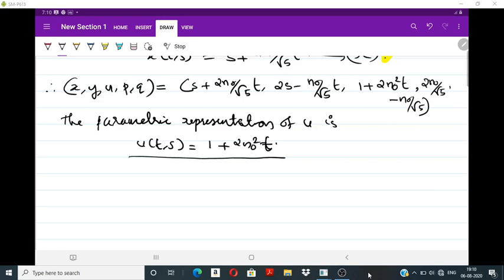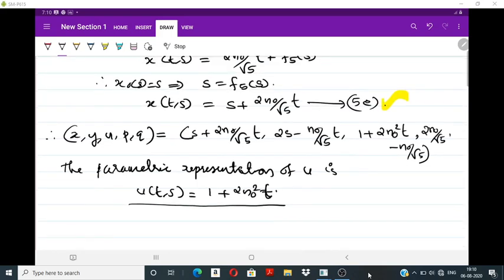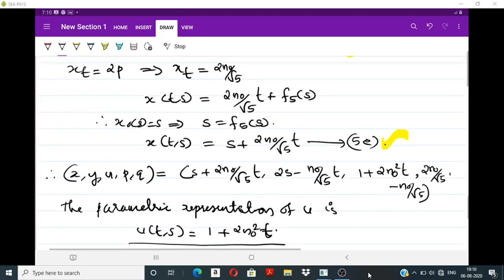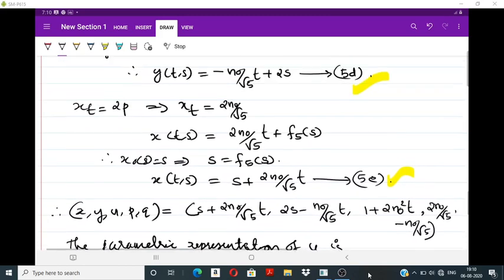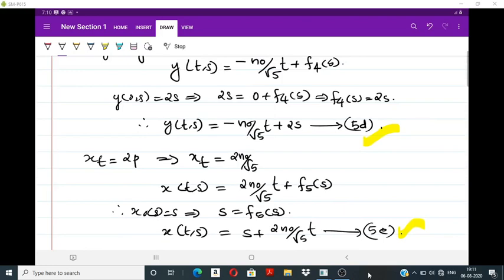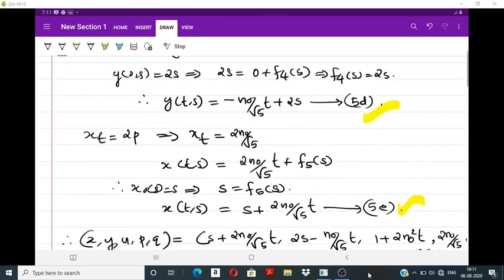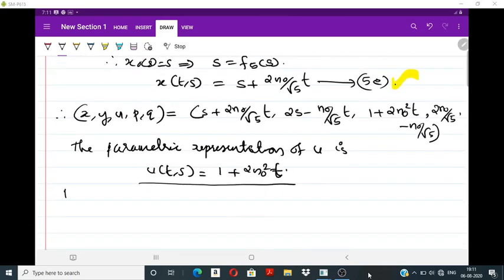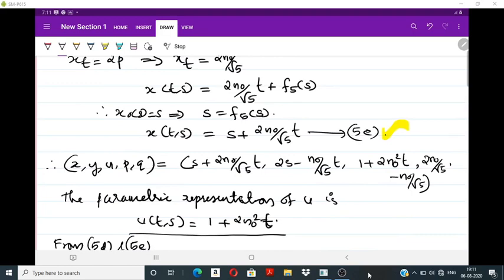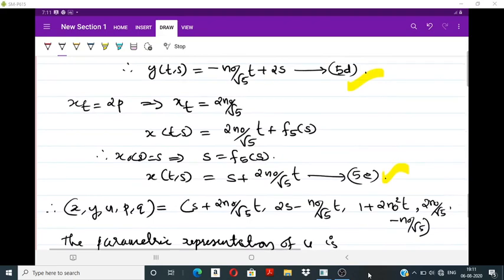So here, this equation contains t only. In order to eliminate s or write t in terms of x and y, first we have to find t in terms of x and y. For that we consider the equations 5d and 5e. So from equations 5d and 5e, x is equal to s plus...